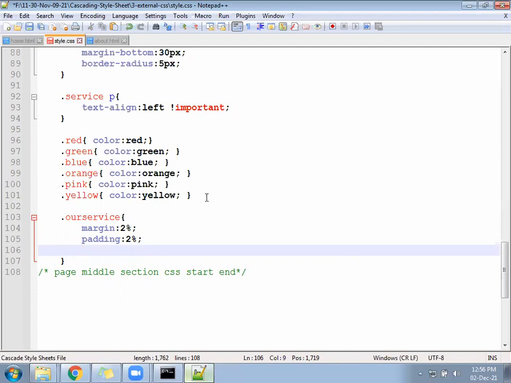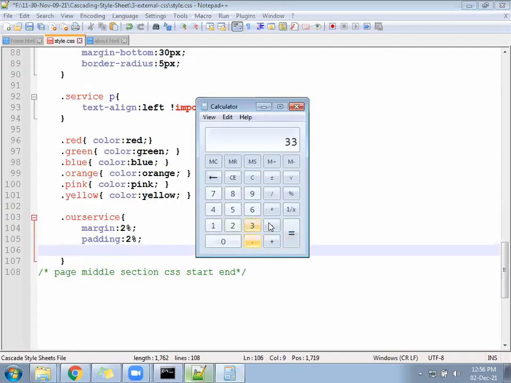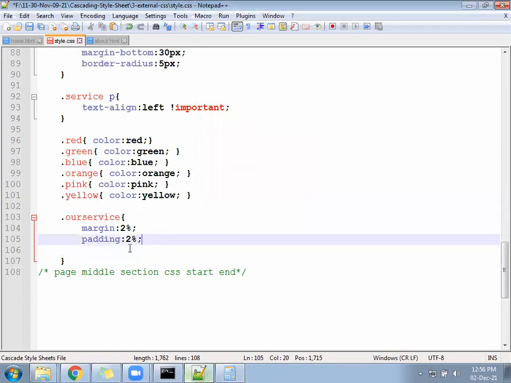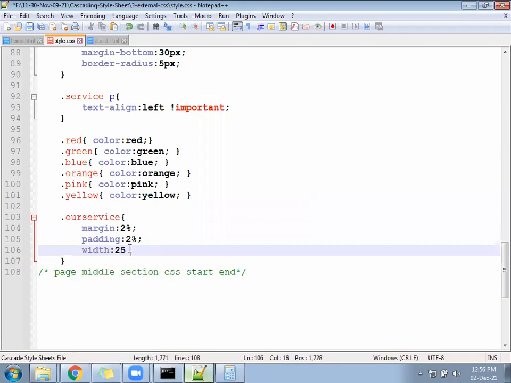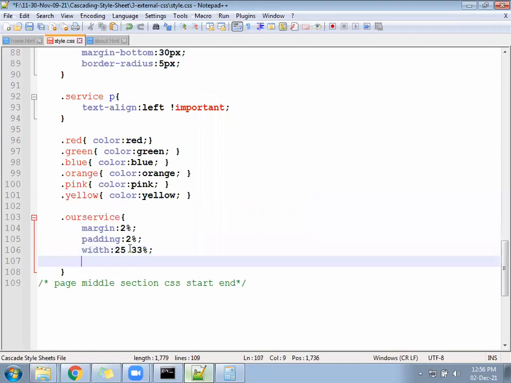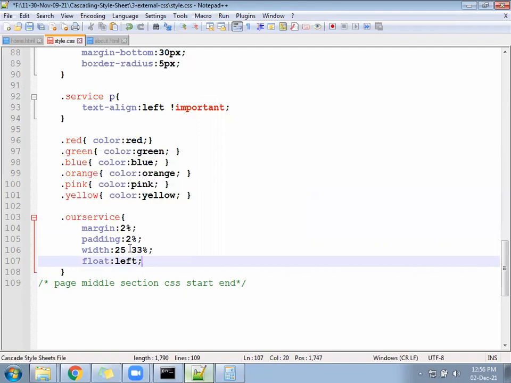Okay. So in case you want to create 3 blocks, then you have to go here and 33 minus 8, 25.33% width. Width 25.33%. After that, float should be left. Then only it will come one after the other. Background is not needed. Let's save it. Text align center.